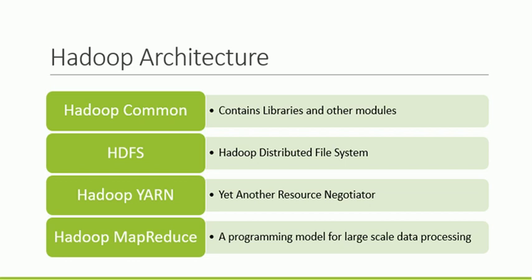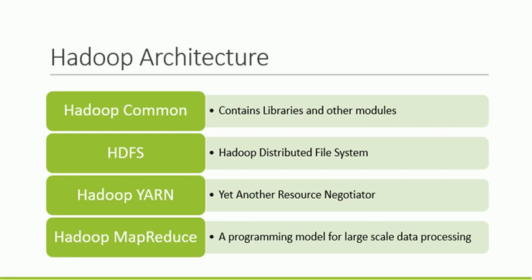Then there is Hadoop Yarn. It is a resource negotiator. Basically, many different users are using the Hadoop network, and if you are working on a data set, that data set or file might be required by another user. So there is a resource negotiator that provides you the availability of data all the time. How it can be done we will study later on, but I will give you a little concept. It is done by replicating and copying that data. So that is why the data is available all the time.